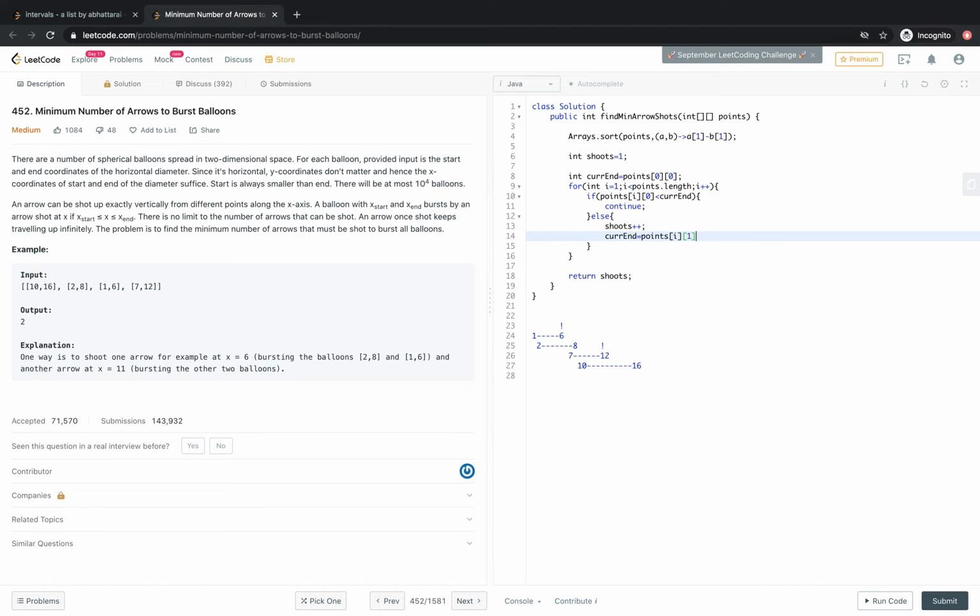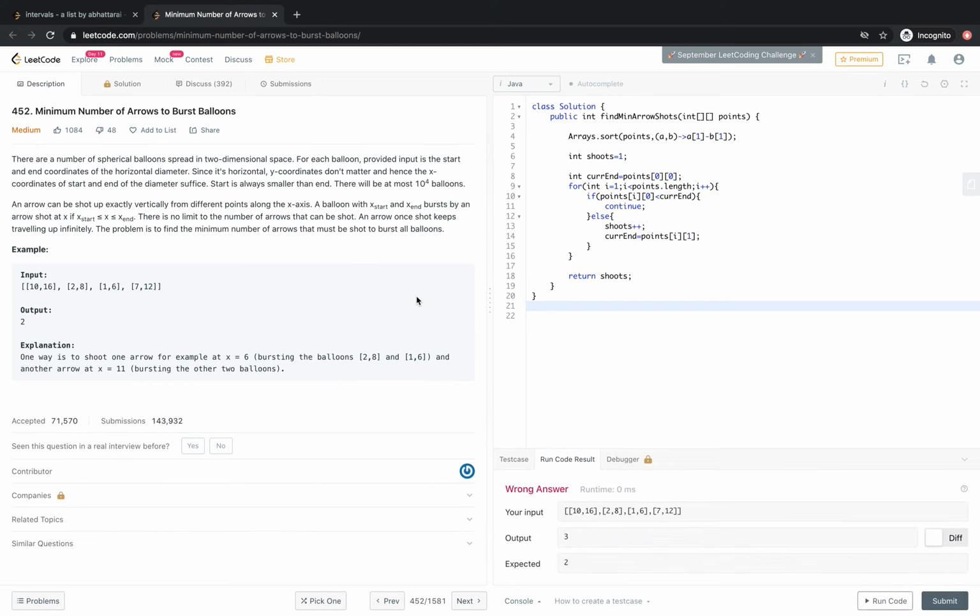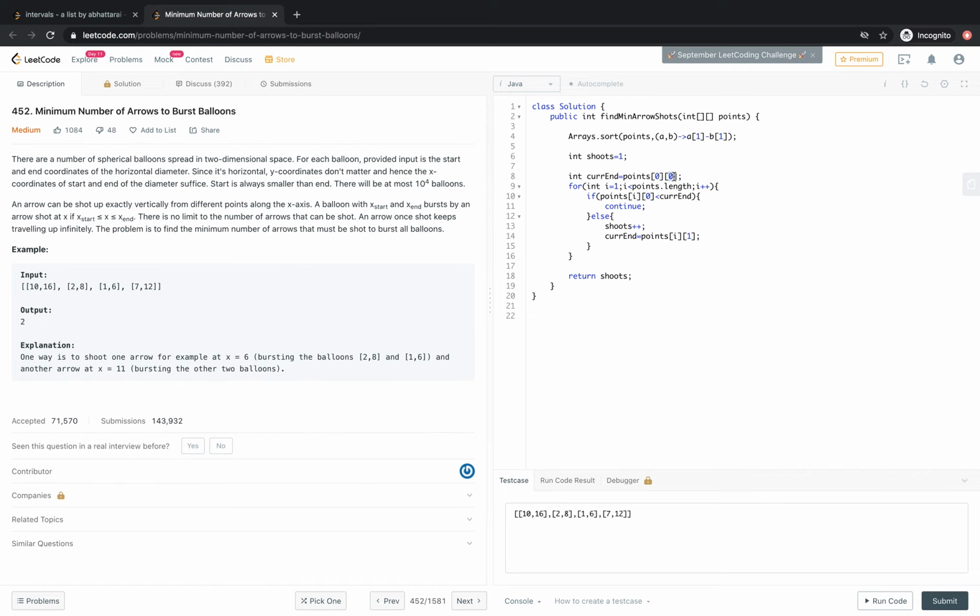And then we increase the number of shots, because this and this will also collapse. Let's see. 3. Why 3? Current point 0 and 1, right? Our current end is 1, so